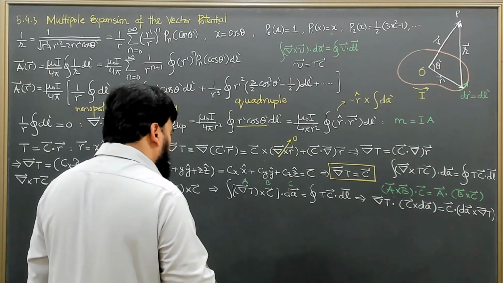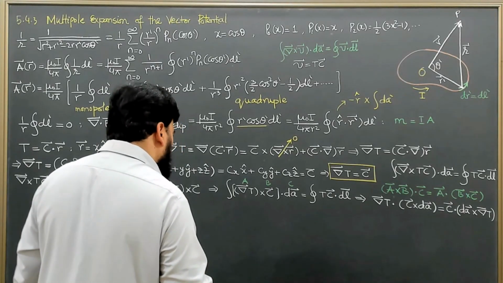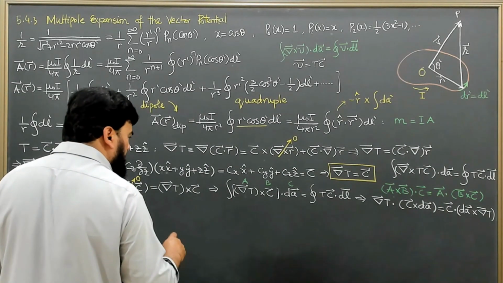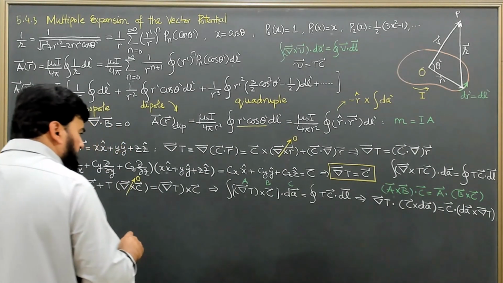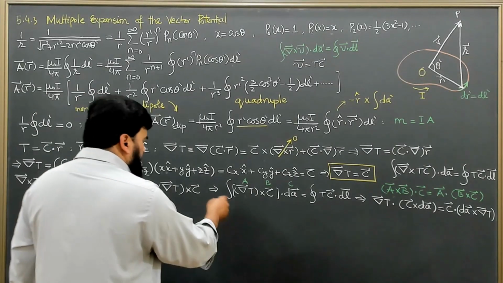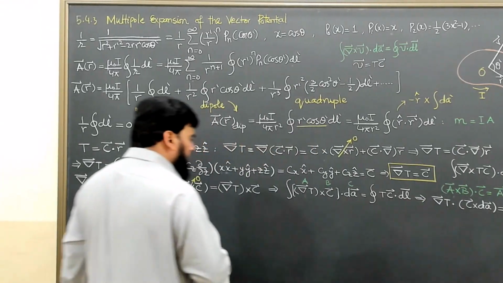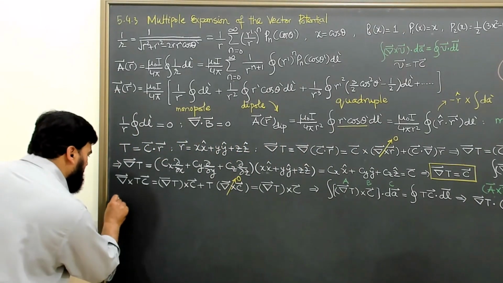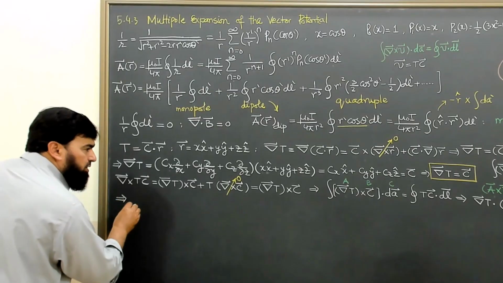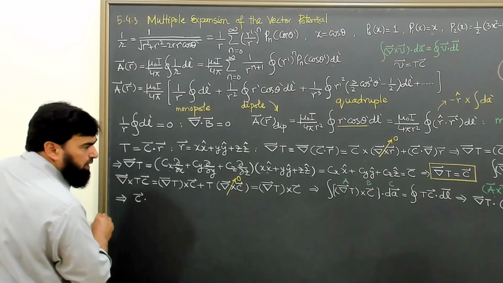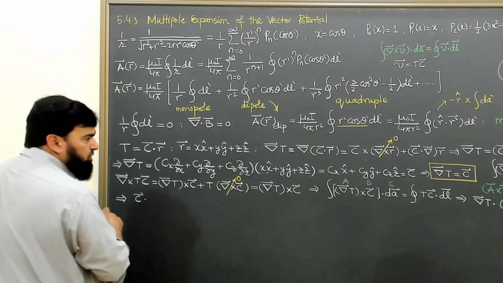So we can write it like this, and this implies that C dot dA cross del T,